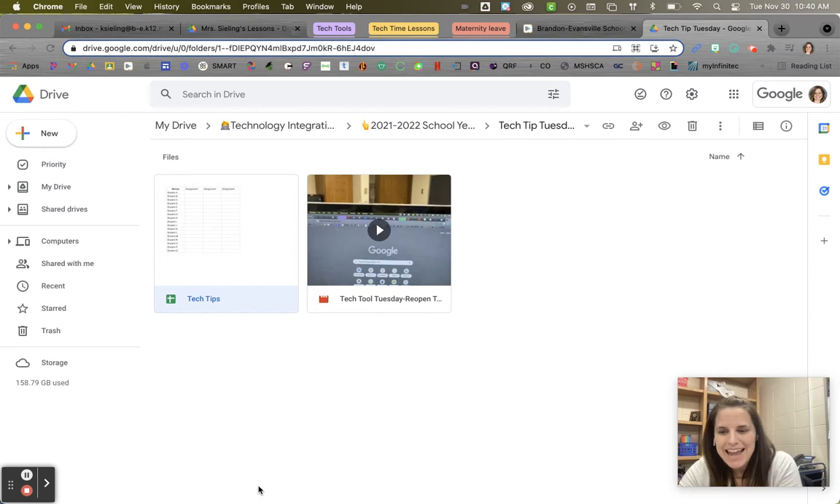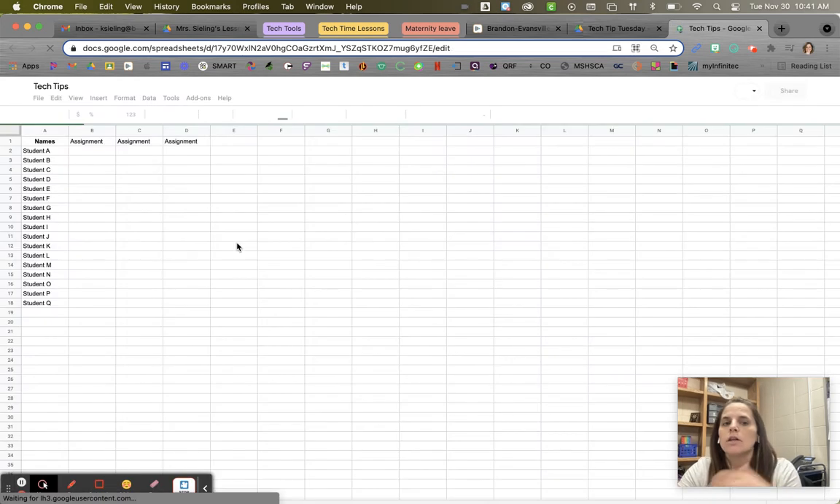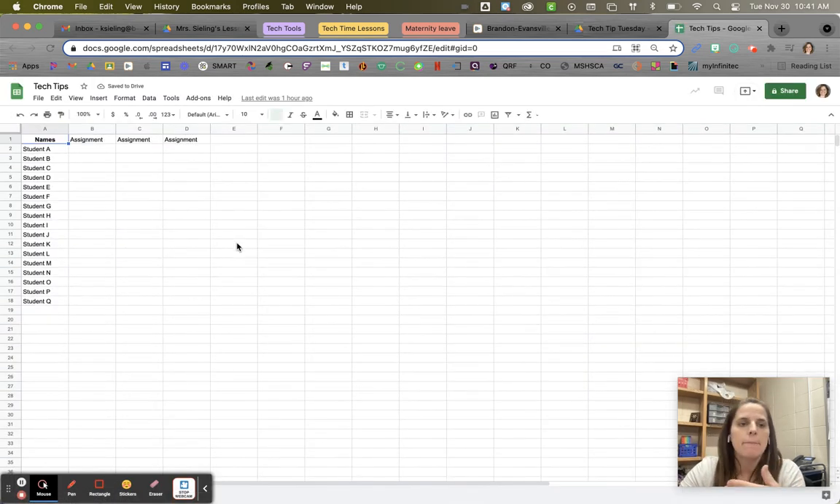Happy Tech Tip Tuesday! This week's tip is a couple tips in Google Sheets. So if you have a Google Sheet that you want to do a couple different things with, here are some